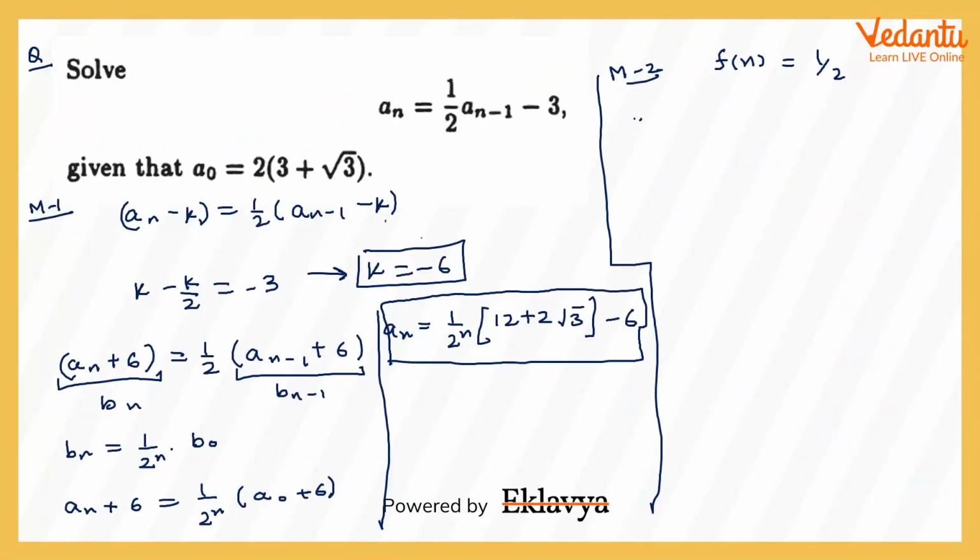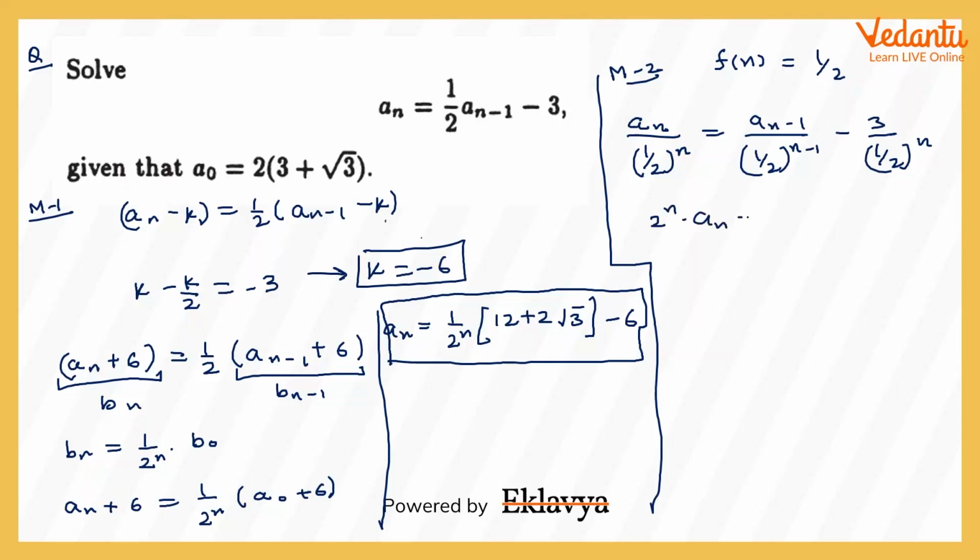So what I will do, I will divide both sides by fn minus 1 and so on. But because fn is a constant, it comes out to be 1 by 2 power n. And this will be equal to an minus 1 upon 1 by 2 power n minus 1 here, and minus 3 upon 1 upon 2 power n. So here you can see it becomes 2 power n into an, and let me bring this to this side. So 2 power n minus 1 into an minus 1 will be equal to minus 3 into